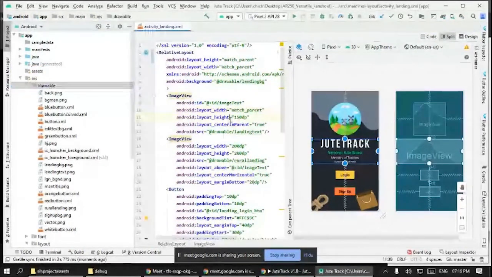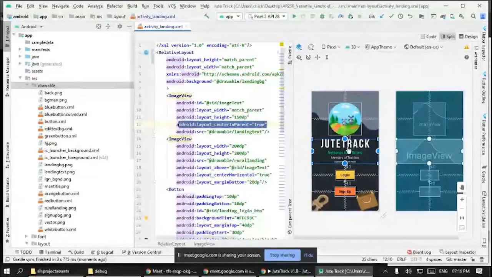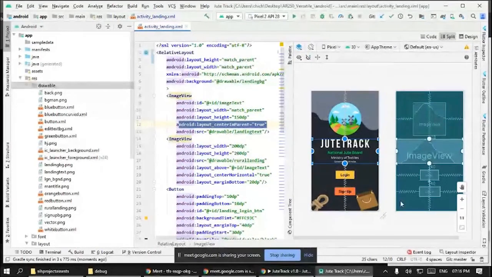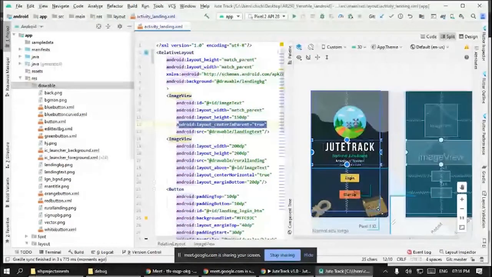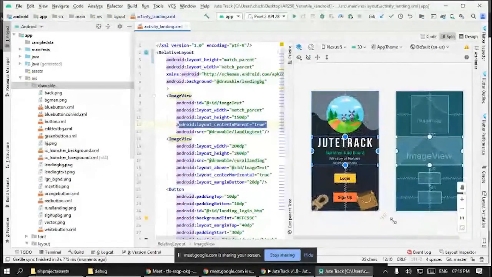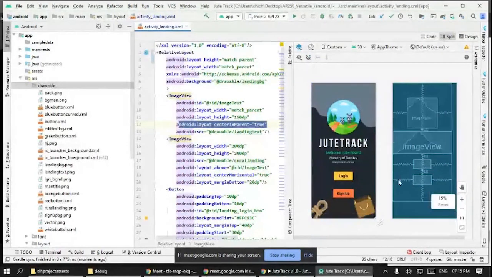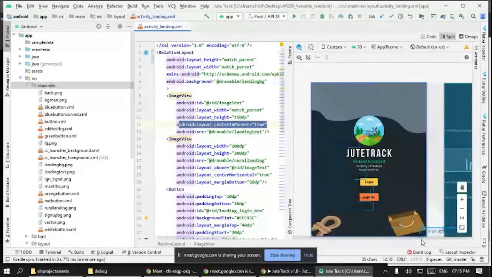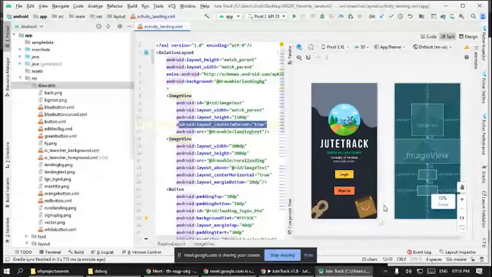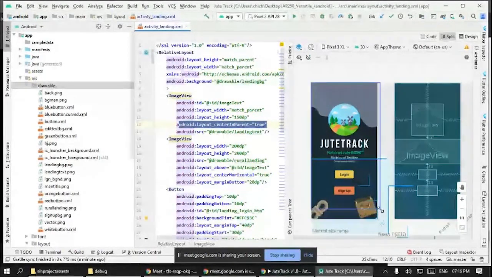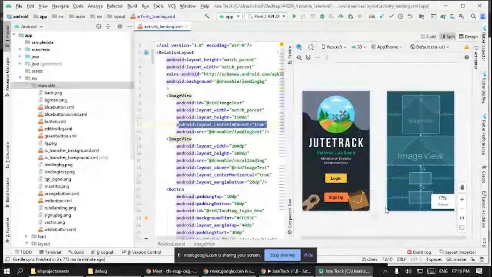Okay. First, I made it stay in the center of the parent, with center in parent true. Then it stayed in the center of the parent. I think the design went well. I did this because when we shorten our screen, Nexus 5 is a small screen, but the design looked exactly the same on a small screen and on a larger screen. Pixel 3 is a big phone. But when we go to an XS5, it is showing the same design.